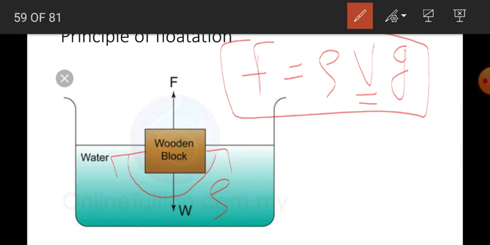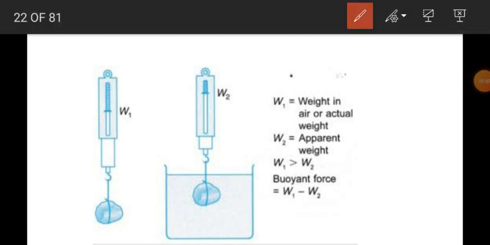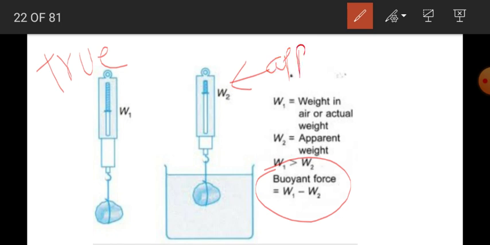Now there was one more formula in terms of true weight and apparent weight. Let me show you that as well. I hope you remember this formula. Upthrust is equal to true weight minus apparent weight. Now this formula we use for sinking bodies. Okay, this body will sink in the water. So what is the apparent weight of a floating body? We have to study that in the principle of flotation, and we will use this formula and modify it according to the principle of flotation.